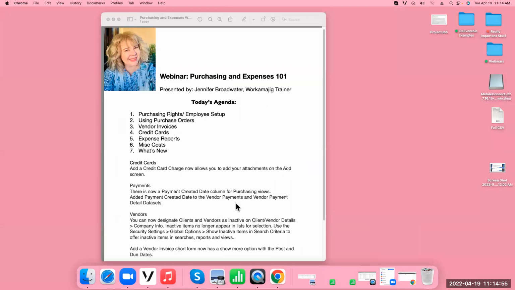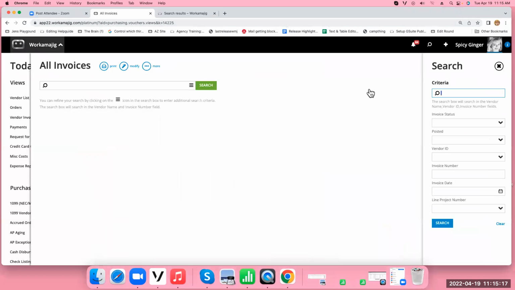All right, let me go back to this. So it's just adding another column on here. Some of you guys have a vendor invoice short form. Sometimes some of our clients have asked to have less information for their vendor invoices on them. That was a new option in the back end to use. So you may see it. What I'm talking about is